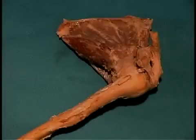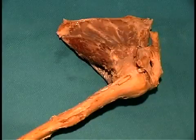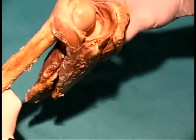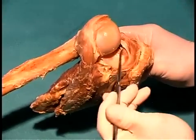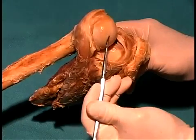We're looking now at the anterior surface of the shoulder joint, and what I'm going to do next is to flip this joint over and look inside from the more posterior superior aspect. So as we tip the joint over and open it up to look inside, we're ultimately going to see the glenoid fossa. And we can see here the glenoid fossa where the head of the humerus articulates with the scapula,